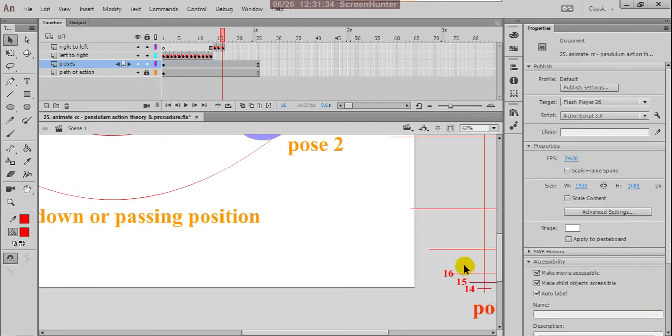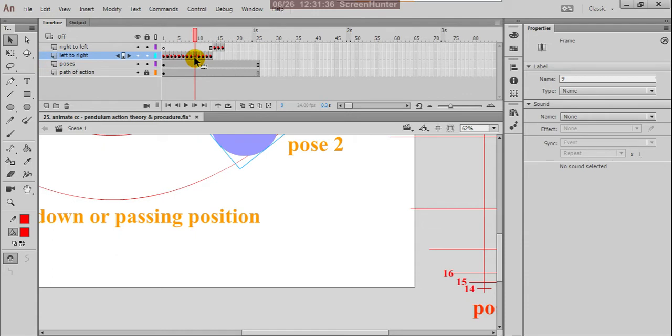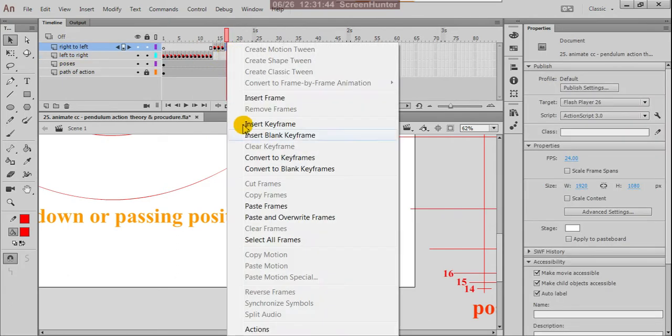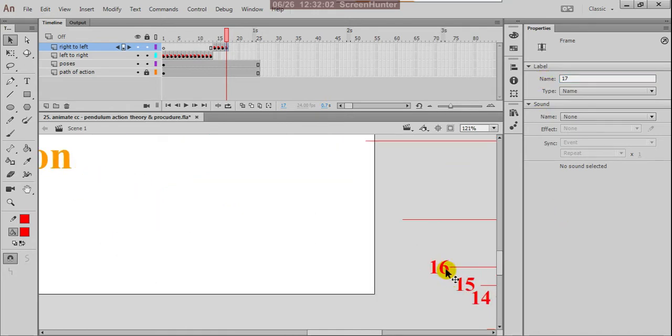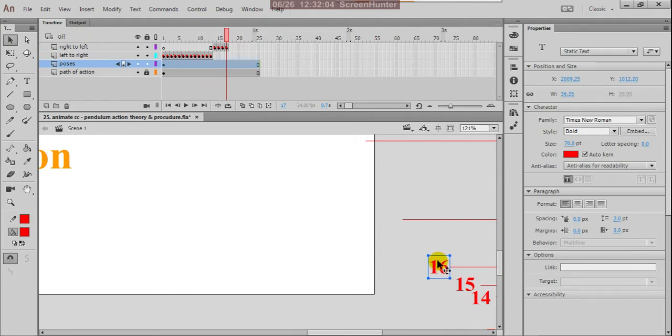Next, copy the 9th frame, right click, copy frames, and paste frames in this area. This is actually 17. At the ladder area also change the name, instead of 16 it is now 17.